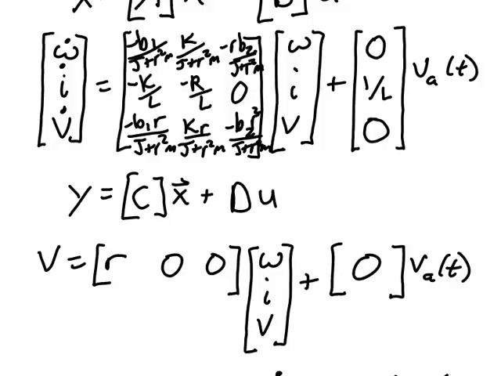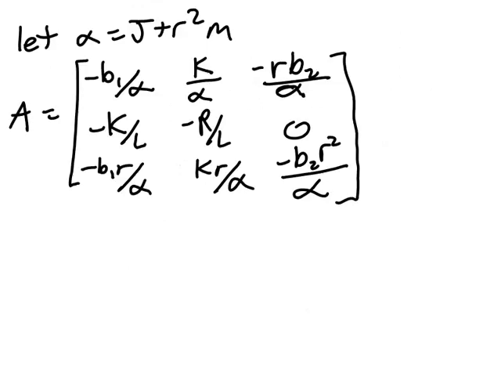Now the last thing I'm going to do is I'm going to write out my matrices a little bit bigger, since they're all kind of squished here, so you can see what each of these matrices are. And in fact, these matrices, you'll remember, is what defines the system. So once I have my A, B, C, and D matrices, we can simulate the system in MATLAB. So what I'm going to do to try and simplify this, I'm going to have alpha represent j plus r squared m,